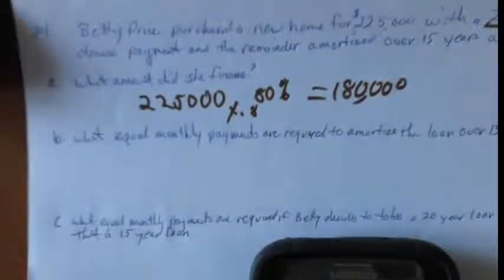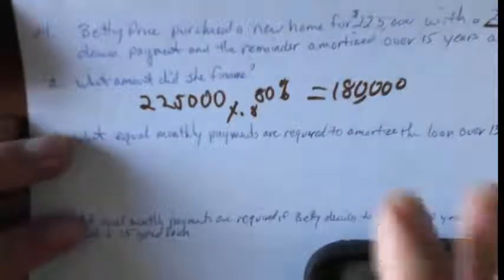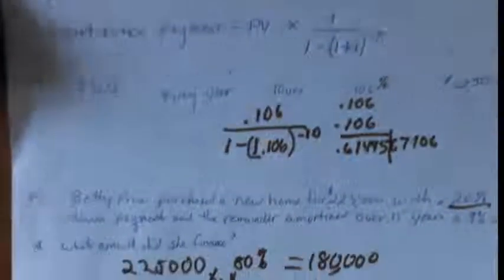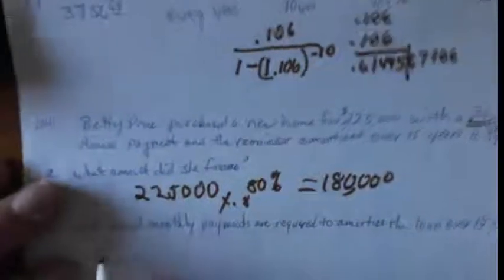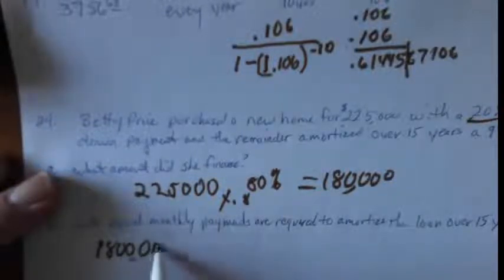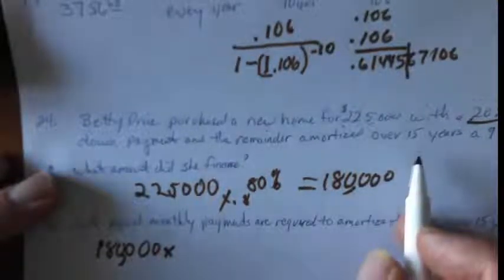So the second part says, what equal monthly payments are required to amortize the loan over 15 years? Well, we're using this formula, this amortization formula. Okay, so present value then is going to be the $180,000. She's going to multiply that by the interest rate. Okay. So it's 9%